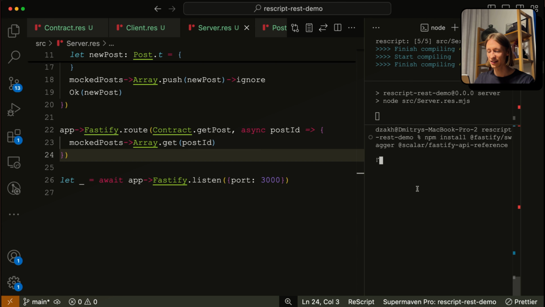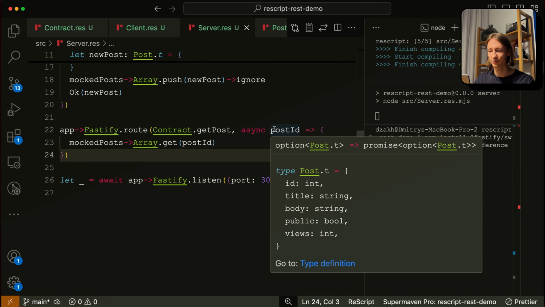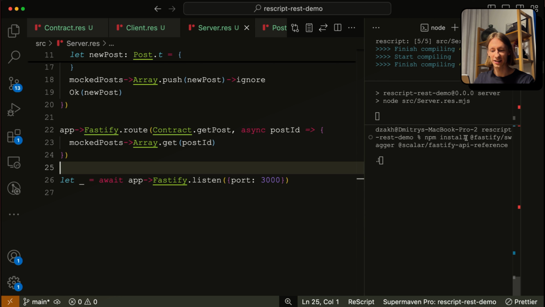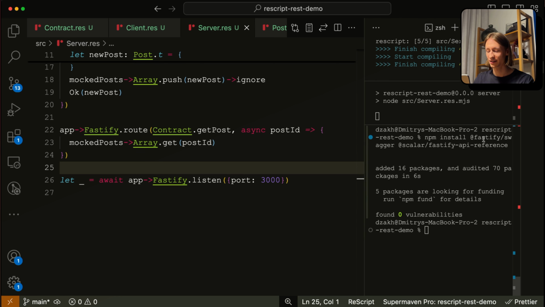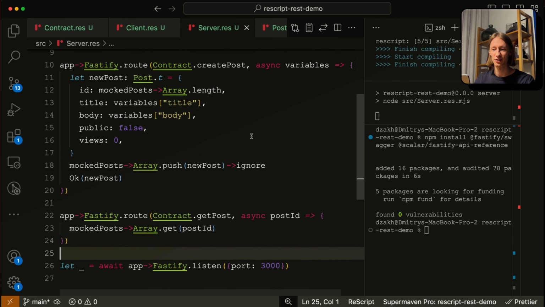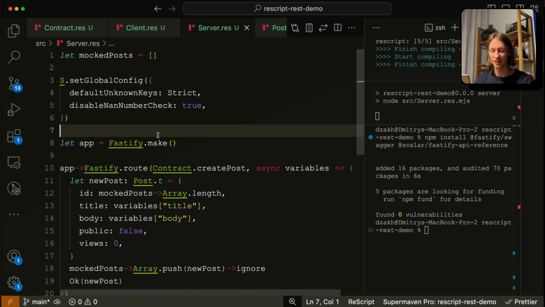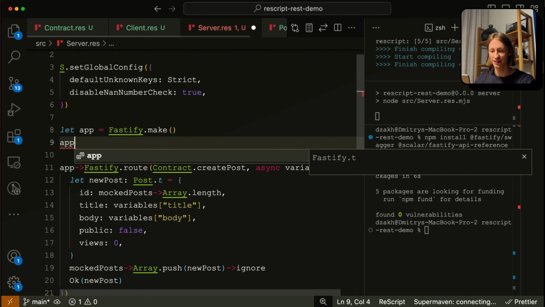And let's install everything here. And so what it is, it's Swagger, a tool which allows us, like, Swagger is some sort of open specification to describe your server, but actually this Fastify Swagger plugin is what allows us to generate Swagger or OpenAPI definition from our Fastify application, and it's super simple. So we get our app,